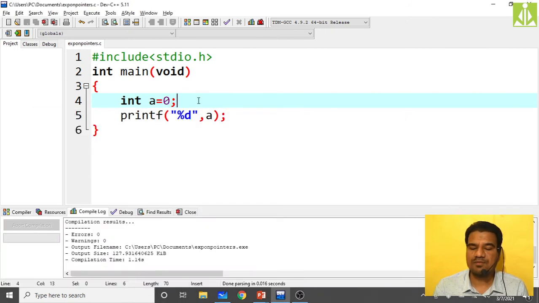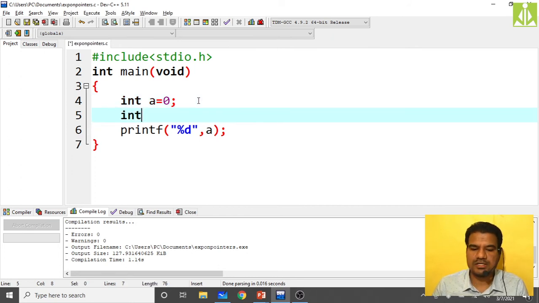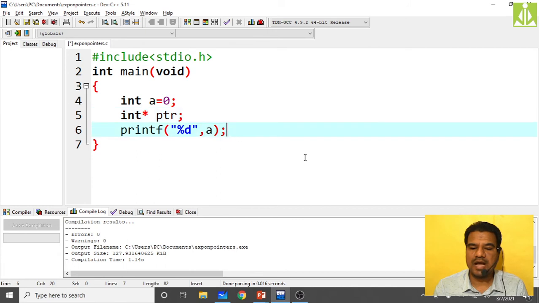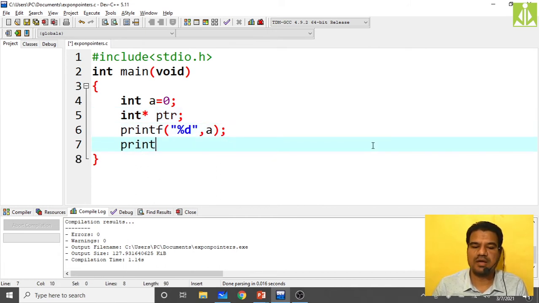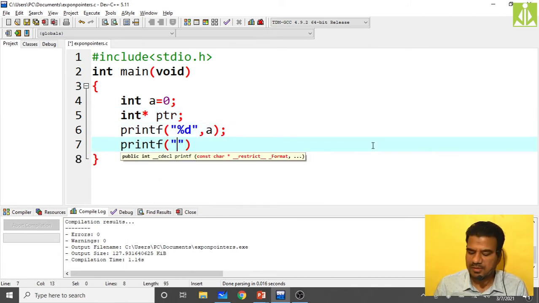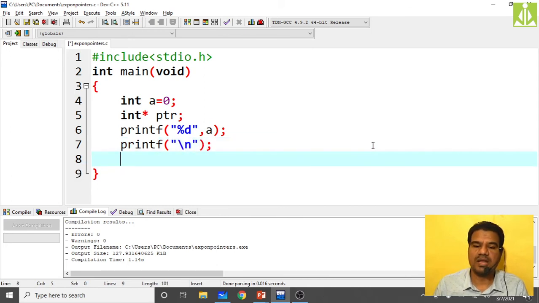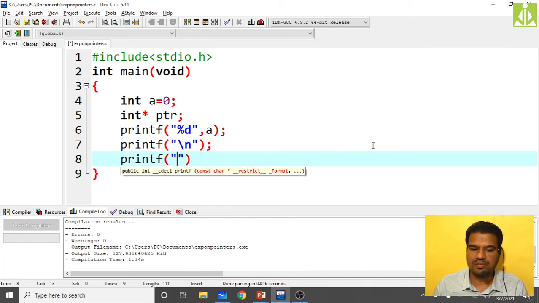In that same way, suppose I am declaring an integer pointer. To declare an integer pointer we use int *ptr. Now this ptr is a pointer of type integer. I print the address held by this pointer, taking a backslash n just to separate the variable, value and address.